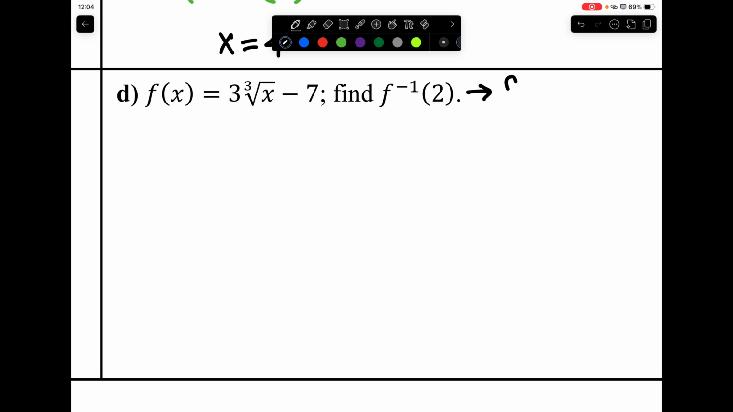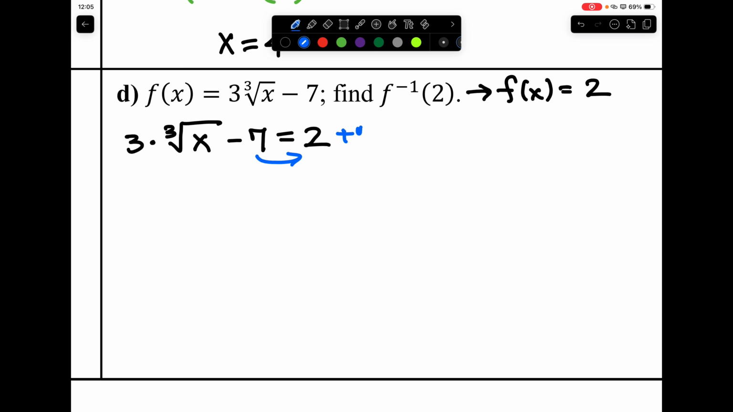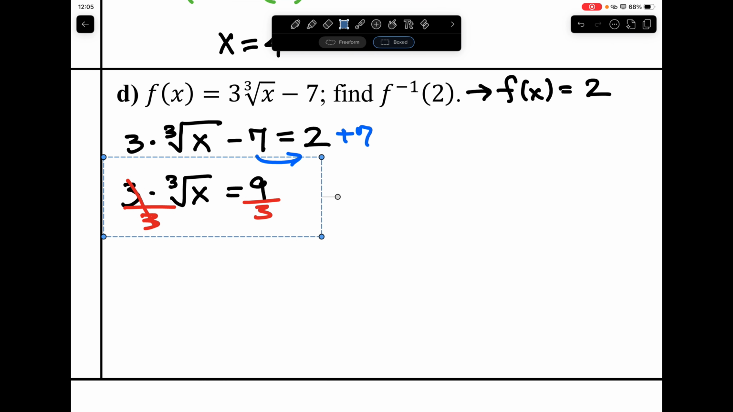And our last example will be set up by taking 3 times the cube root of x minus 7, and we're going to set that equal to 2. Solving this equation, we'll again move the 7 to this side, making it positive 7. So 3 times the cube root of x equals 9. We'll divide both sides by 3, and the 3 that's being divided out is this 3 right there. So the cube root of x